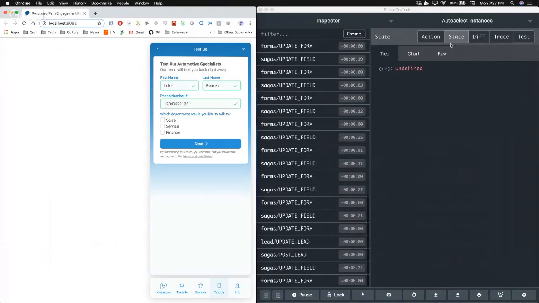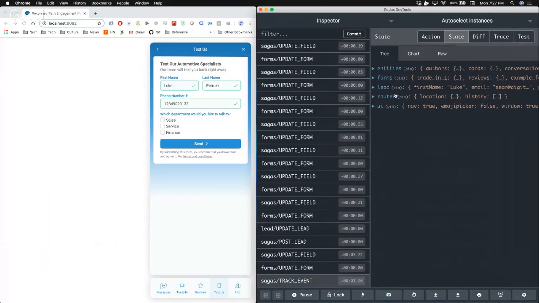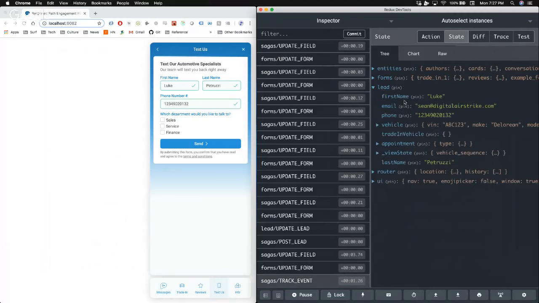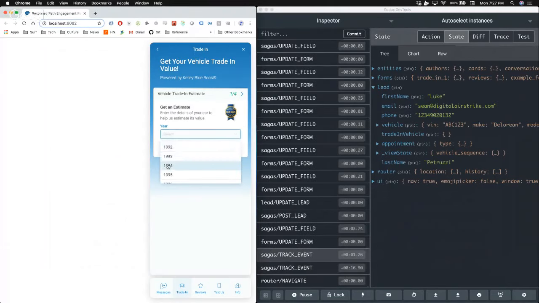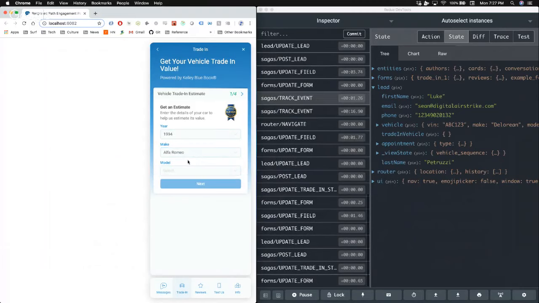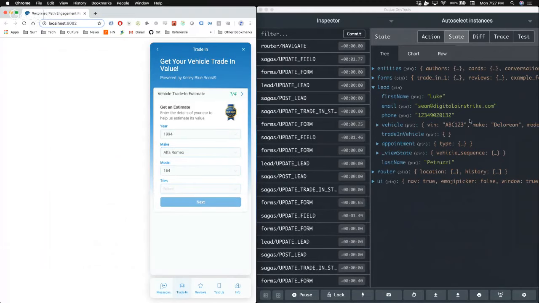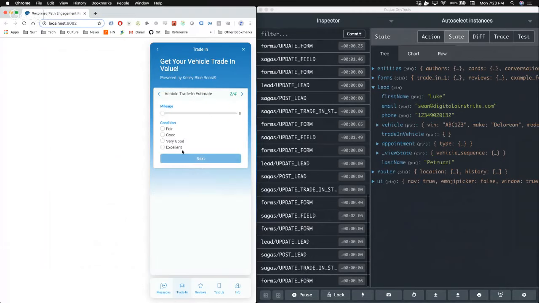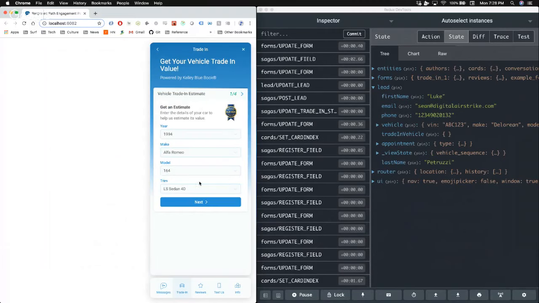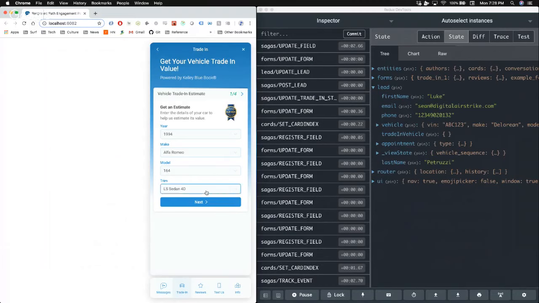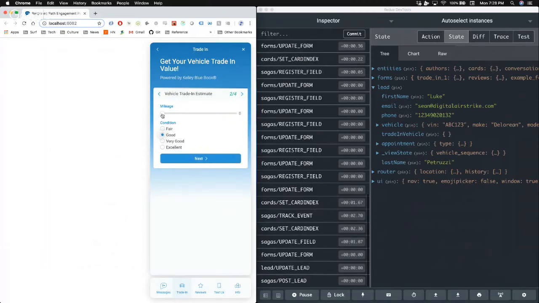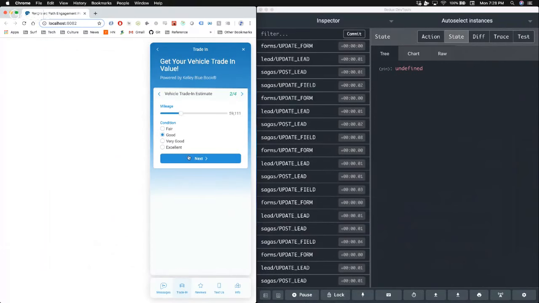As I showed you before, the Redux state here is updated on every keystroke, right? So I've got this updated data with Petrucci, this is his phone number. And what having a centralized store lets you do is I can now go to a different component. All the forms in this application are bound to this same read state. By the way, this is a cool thing we'll dive into later. This is a vehicle trade-in estimator. This uses Kelly Blue Book and will tell you the value of your car. So this demo is for a car dealership.